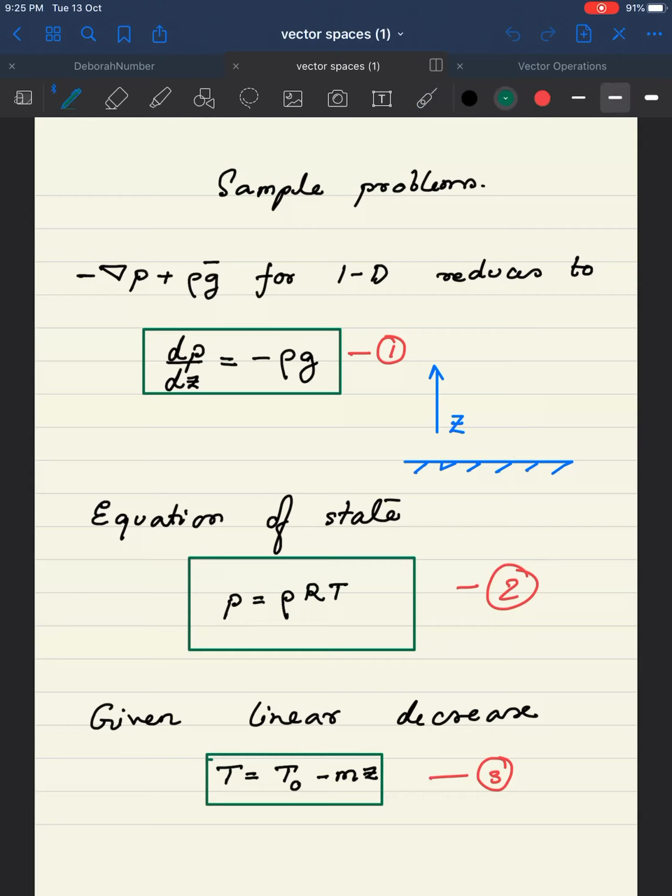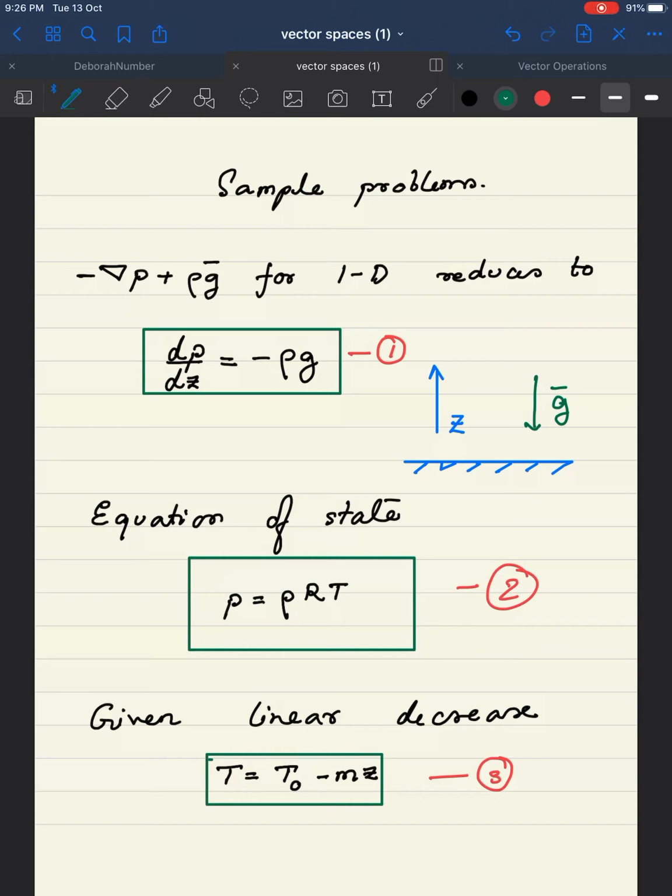By the way, because the two problems are quite extensive, if I had to work everything out, it would take a lot of time. So I've already written half the answers, and some of it I will just keep filling in as we go along the class. So our gravity in this particular case is downwards.